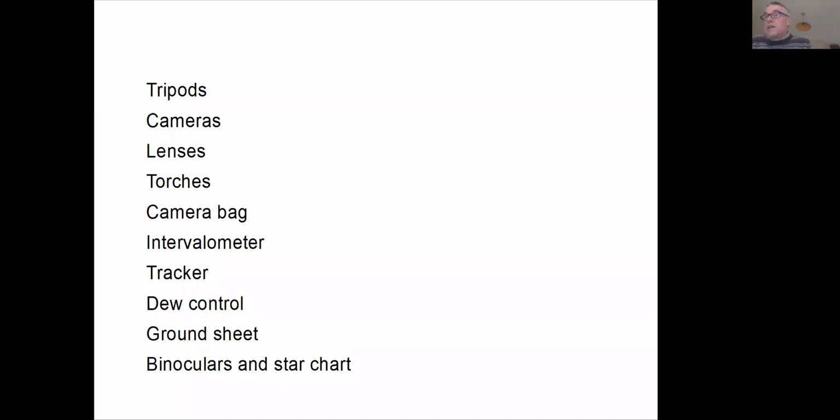So this 80D is APS. Because it's a smaller chip, obviously, to get the same field of view, you need a shorter focal length lens, for which I use a Tokina 10-16 zoom. But on my 6D